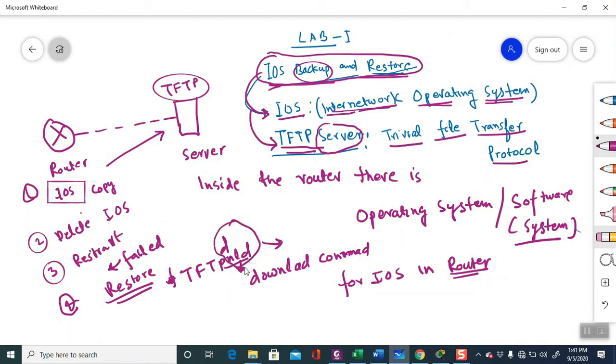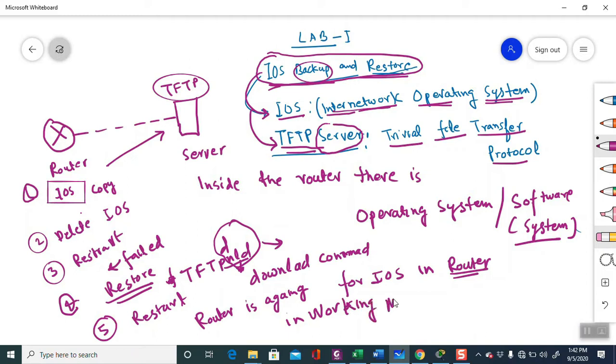So again when the download finishes, again restart, then after finishing this parameter setting, your router is working. So it is again in working mode.